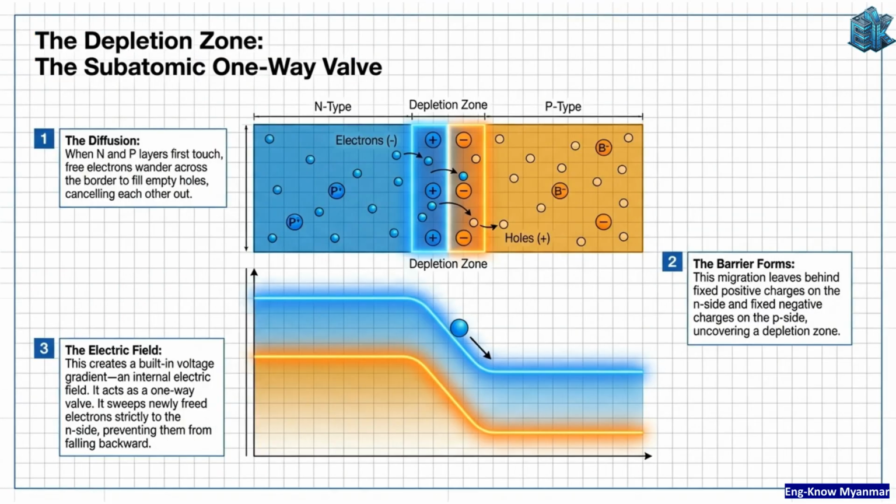The P-N junction, also known as the depletion zone, acts as a subatomic one-way valve. Initially, free electrons and holes diffuse across the border, neutralizing each other. This migration leaves behind fixed charges, forming a barrier. This creates an internal electric field that prevents newly freed electrons from falling backward, strictly sweeping them to the N